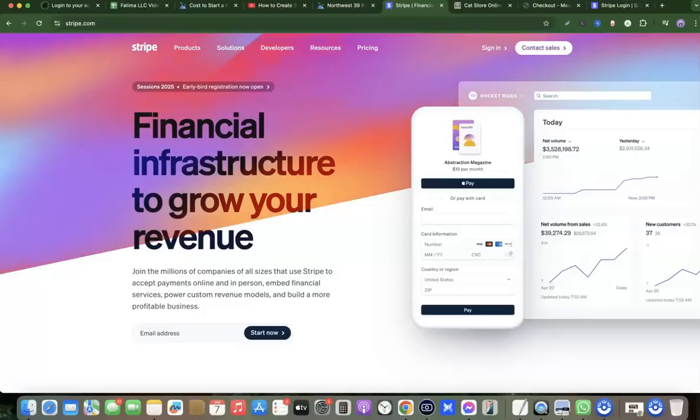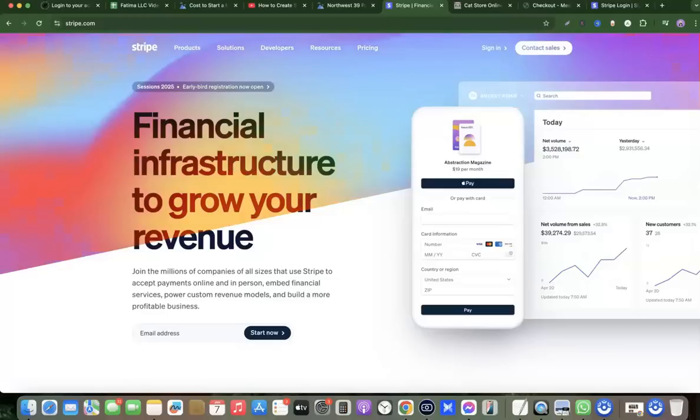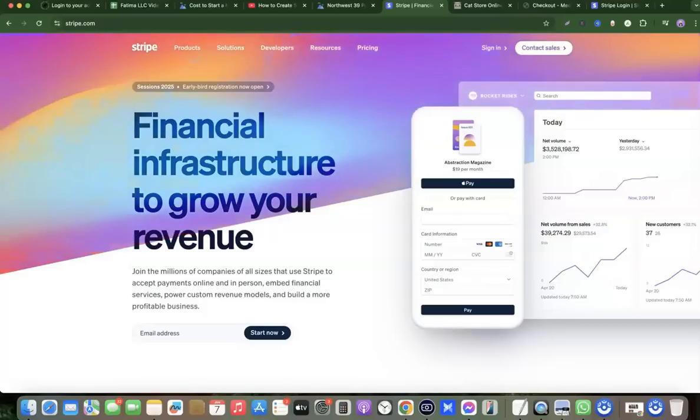In today's video I'm going to show you how you can easily create a Stripe account that you can use to receive payments from your customers. So for example, you have a small business website, or you are into e-commerce, or you are into dropshipping, and you want to create a Stripe account in order to be able to receive payment from your customers. If this is something you'd like to do, I'm going to show you exactly how you can set it up